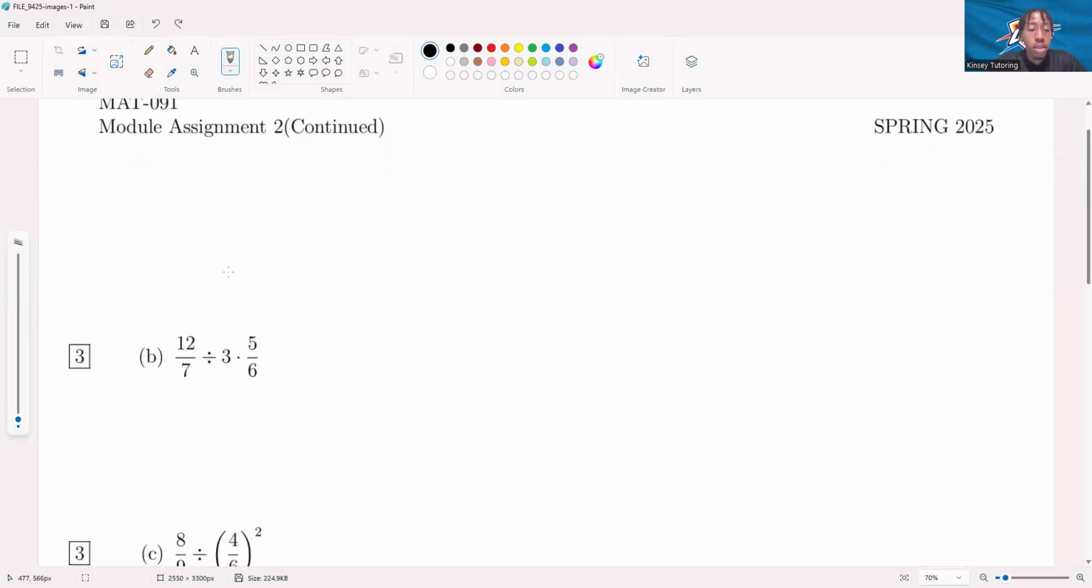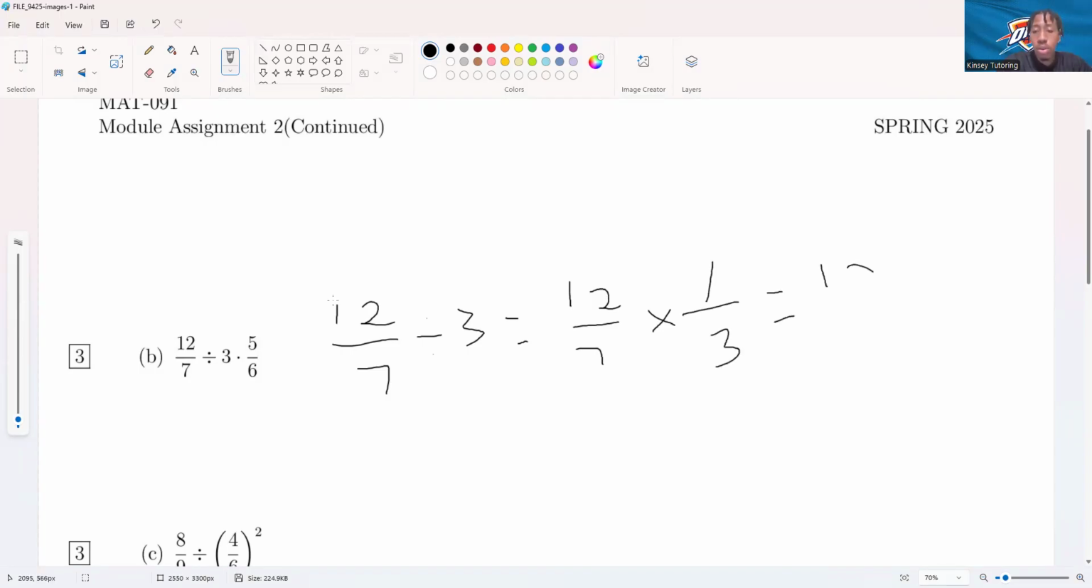So with PEMDAS, as we said in the earlier video, you have the M and the D, which stand for multiplication and division. So either or, and those are interchangeable. Since we have division first with the 12 over 7 and the 3, we'll start with those two. So we're going to do 12 over 7 divided by 3, which equals 12 over 7 times, change the sign, flip the 3, 1 over 3,